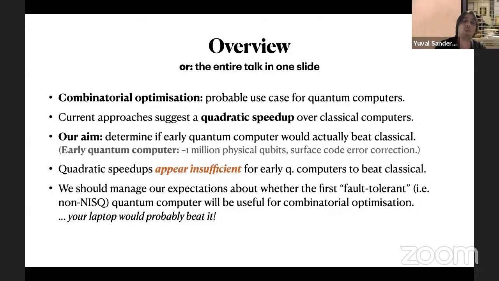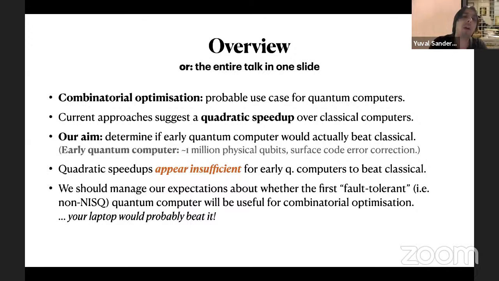And what we're interested in is asking whether an early quantum computer would actually beat classical computers, given that these are the sorts of speedups that we're talking about. And for the purposes of this talk, what I mean by an early quantum computer is something along the lines of what Google means by an early quantum computer. So this is roughly 1 million physical qubits with some level of error that seems appropriate for their hardware as they see it, and the errors are being corrected by a surface code. So I'm hoping people have seen these sorts of visions that Google has. This is about the most I'll say about the architecture, but this is sort of what you should have in mind.